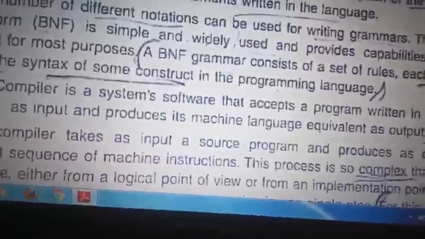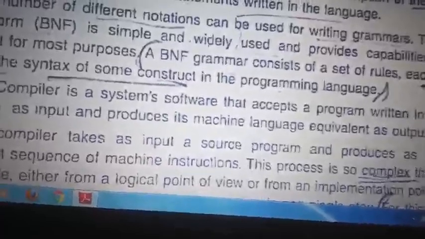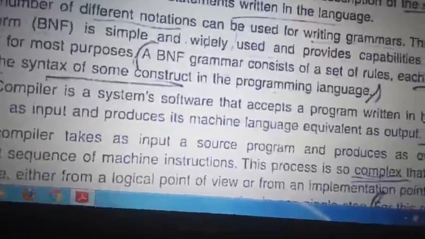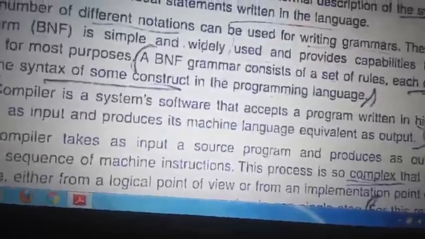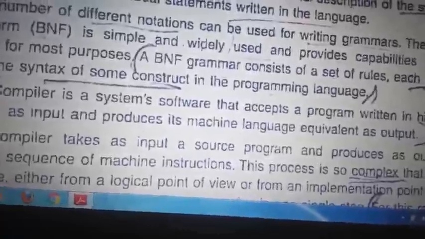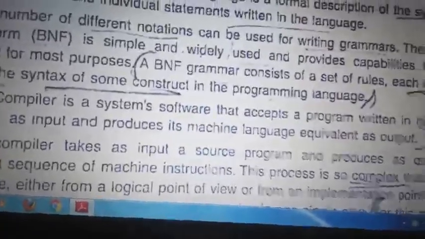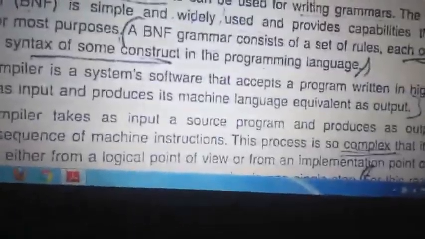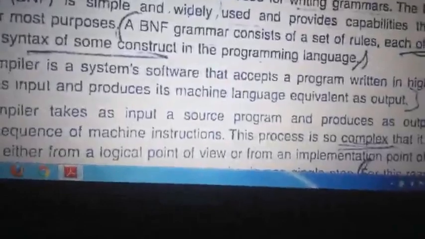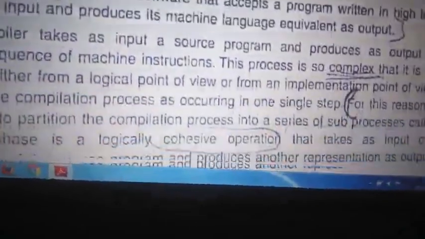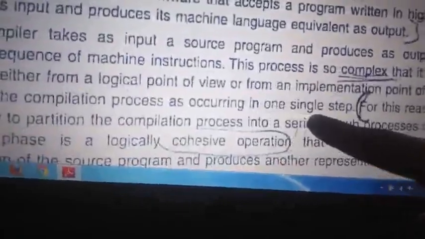Right? If it is used with a not equal to, then it is used for checking the conditions. So where you are using this operator, its use, its meaning also keeps on changing, right? So the conversion is more complex, so the compilation process is more complex. So it is implemented in different phases. Clear? In one phase it is performing one operation, that is what it is performing in different steps.